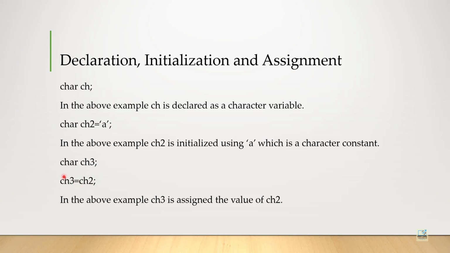Do you know what is the difference between initialization and assignment? Initialization is the assignment which is done at the time of declaring the variable. Assignment is any value that is given to a variable. And when the value is given at the time of variable declaration, then that special type of assignment is known as initialization. So any character variable can be initialized this way, or can be assigned another value this way.